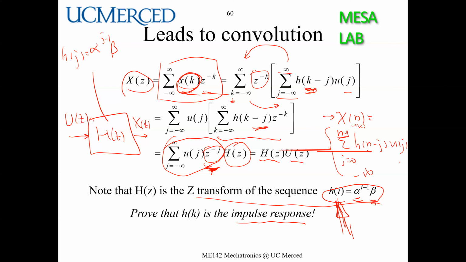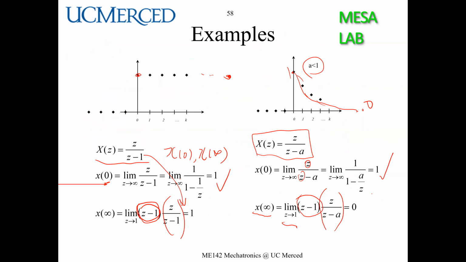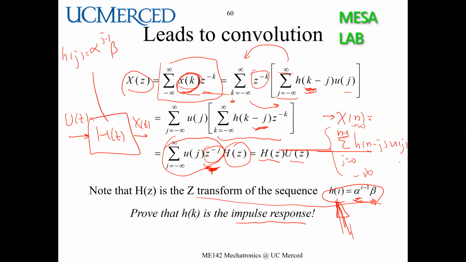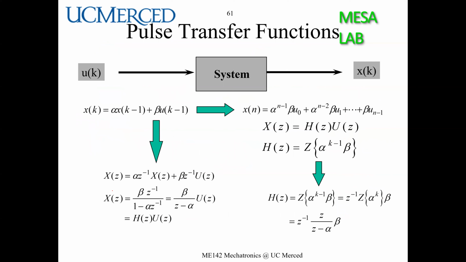So remember, what are alpha and beta? They are here, alpha and beta. These coefficients. Now we know that h(z) is called a discrete transfer function. Let's talk about it. We can link the discrete system through the pulse transfer function. Then we can say, originally you have a difference equation, you write down